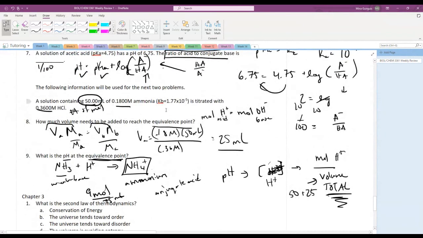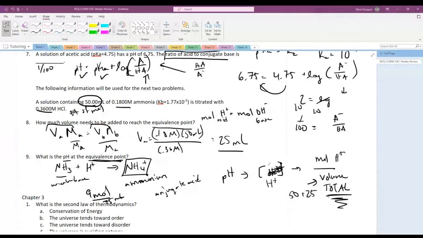We're given a Kb of ammonia. We don't have a Ka. In order to get that Ka, we use what's called Kw. Kw is 10 to the negative 14th. And basically, Ka times Kb will equal Kw. So 10 to the negative 14th divided by Ka gives us Kb. 10 to the negative 14th divided by Kb gives us Ka. Okay, so